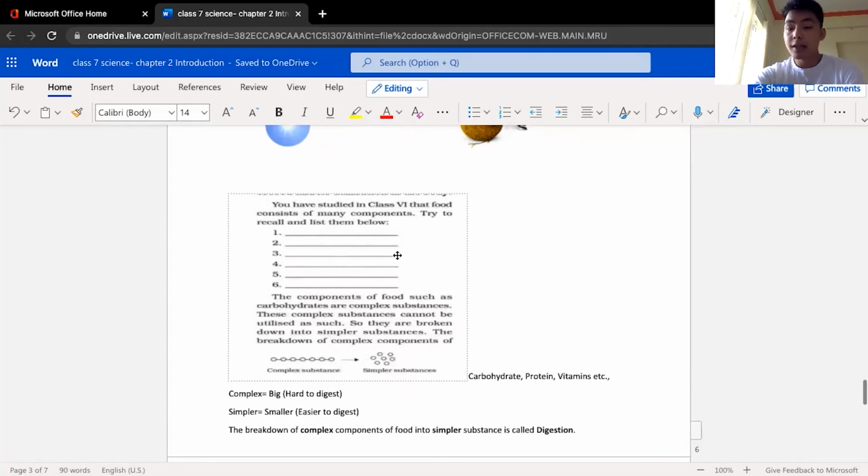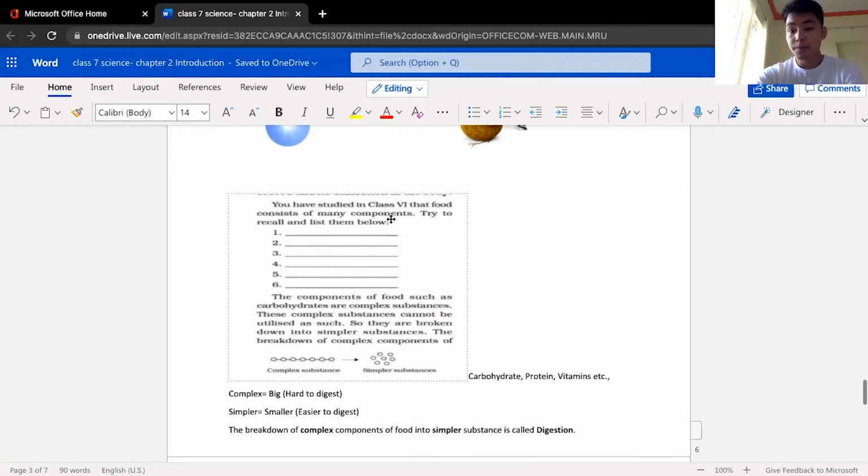You have studied in class 6 that food consists of many components. Try to recall and list them below. The basic components are carbohydrate, protein, vitamins,